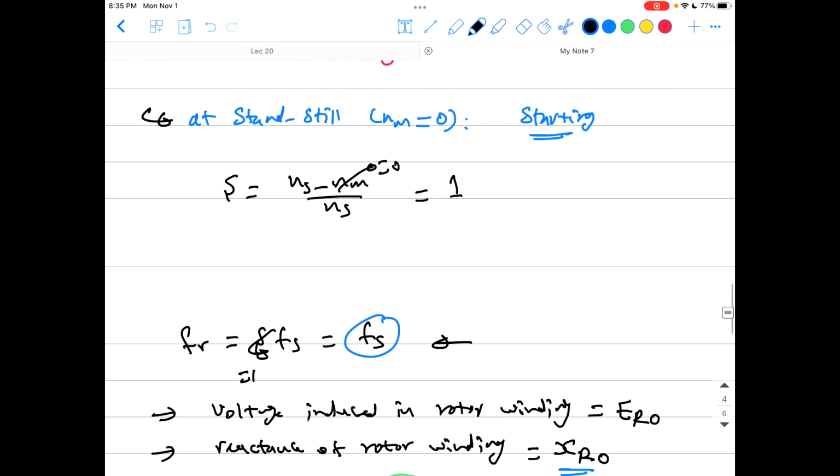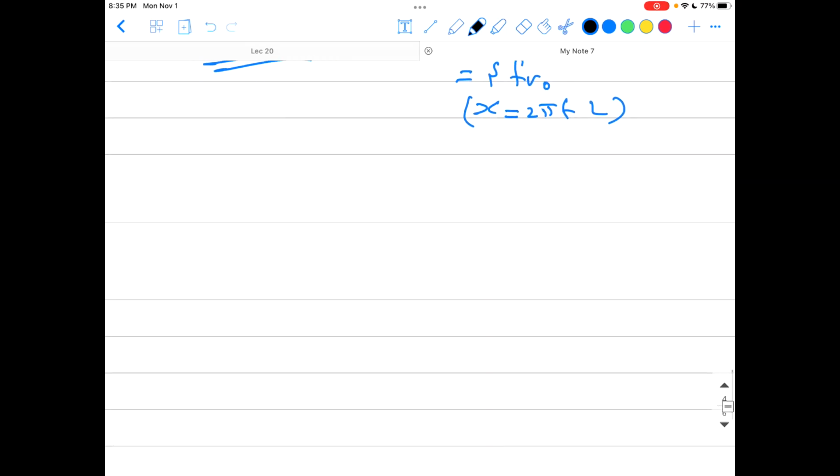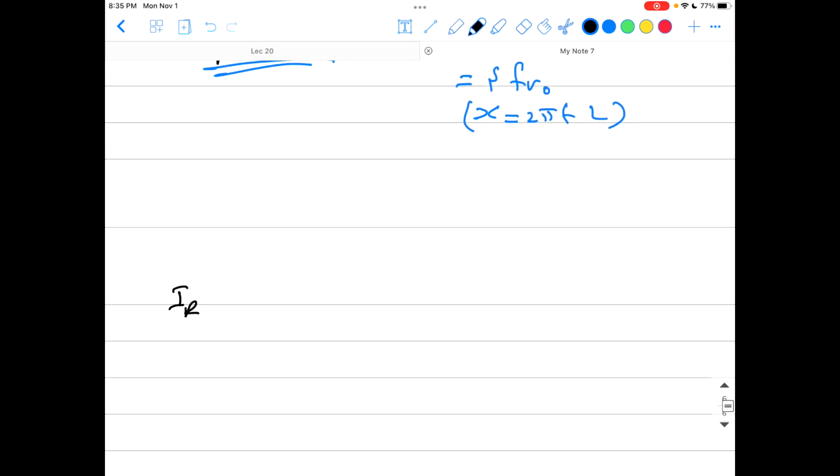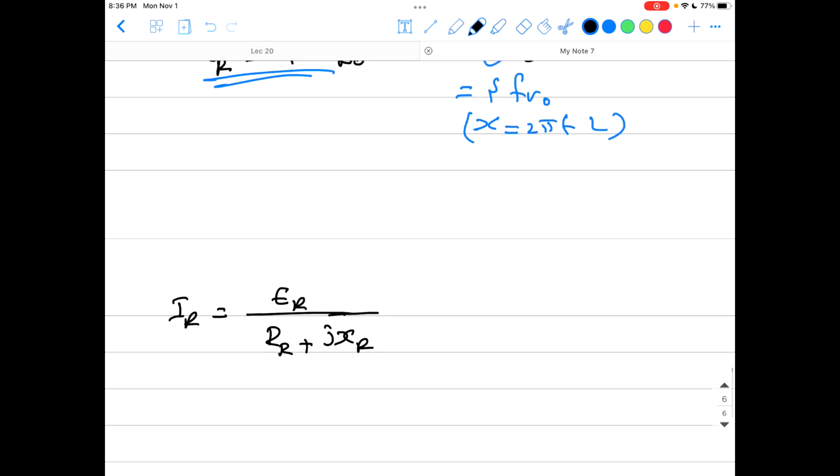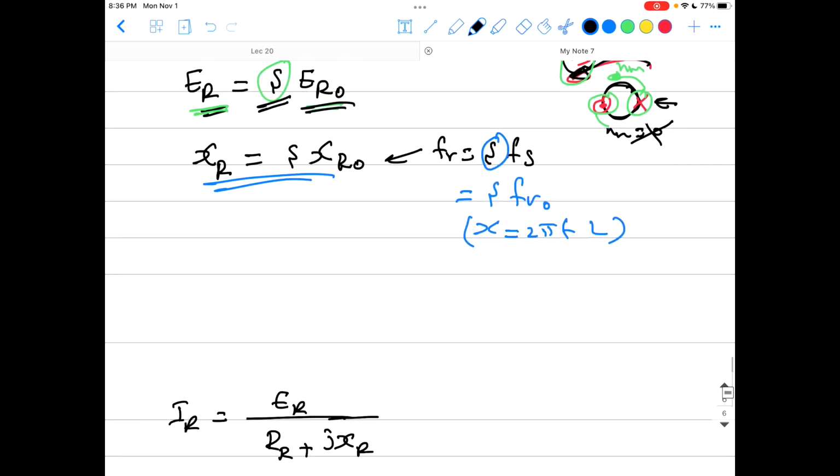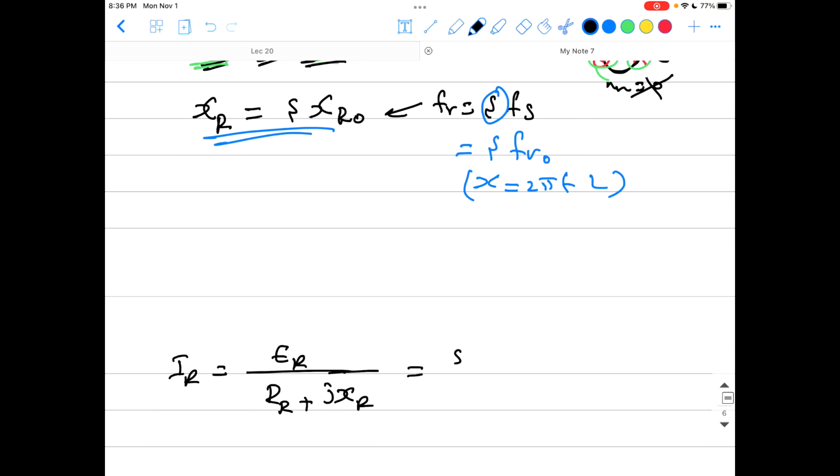So I rotor will equal E rotor divided by R rotor plus jX rotor. Substituting from those equations, E rotor equals the slip times E rotor 0, divided by R rotor plus jX rotor, which is the slip